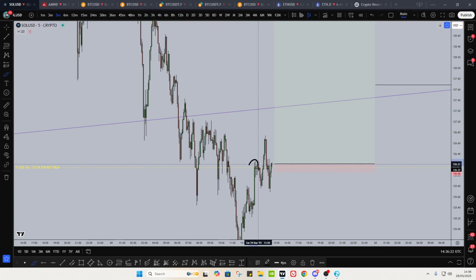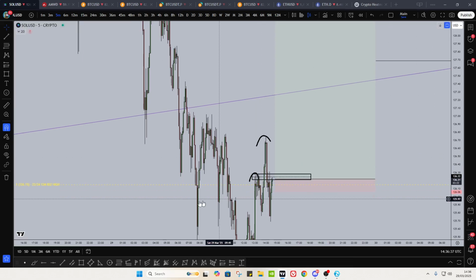Right, but I'd wait here simply because now that can be an inverse smiley face, right? That could take you lower. So just wait. If you are going to enter here, just layer in 50%. You could enter right now. Actually, there's no point. Just wait for this to get flipped, right? Let's wait for that. If you're going to enter Sol on the 5, just wait for that to get flipped